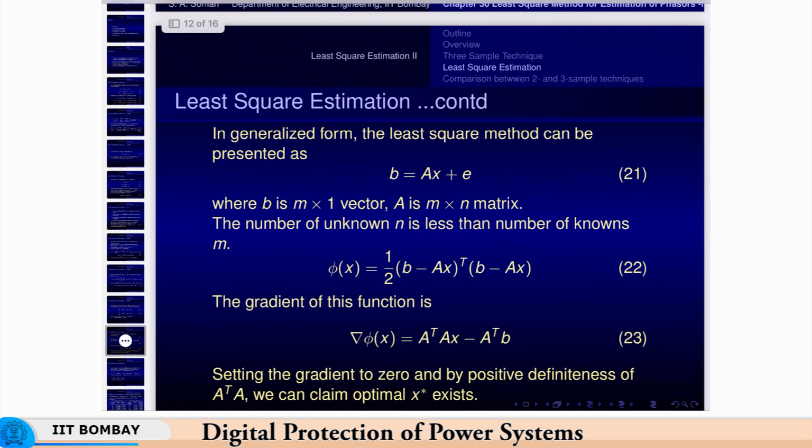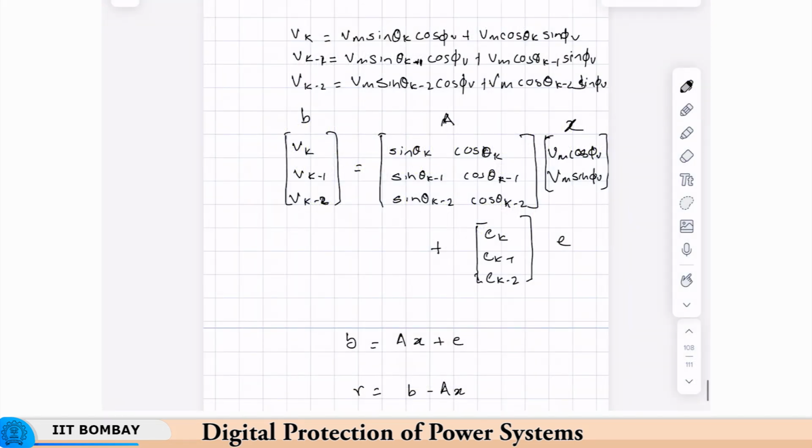Okay. So, now we have to solve this system here, A transpose A x is equal to A transpose B, because we have set this gradient to 0. So, now what is A transpose A in our case? If you remember, this is our A matrix here. So, A transpose A will be